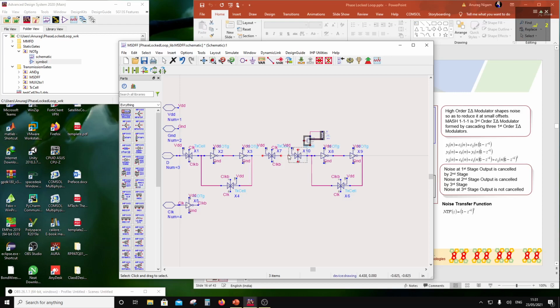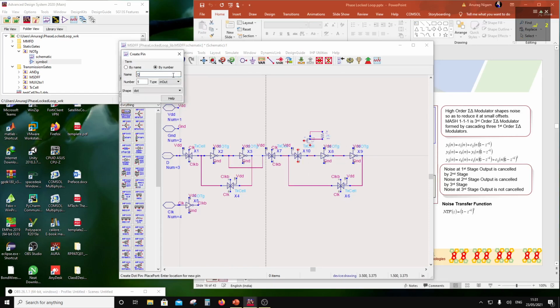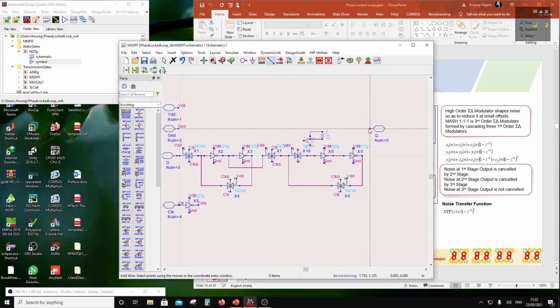right? So let me see if it makes more sense to put this feedback path on this side, because I need to disrupt both the paths, right? Okay, let's see if it'll work. Okay, so this will disrupt both the paths. So this one I'll connect over here, and this will be my Q output. So I will have a Q output over here. So that's my Q output,